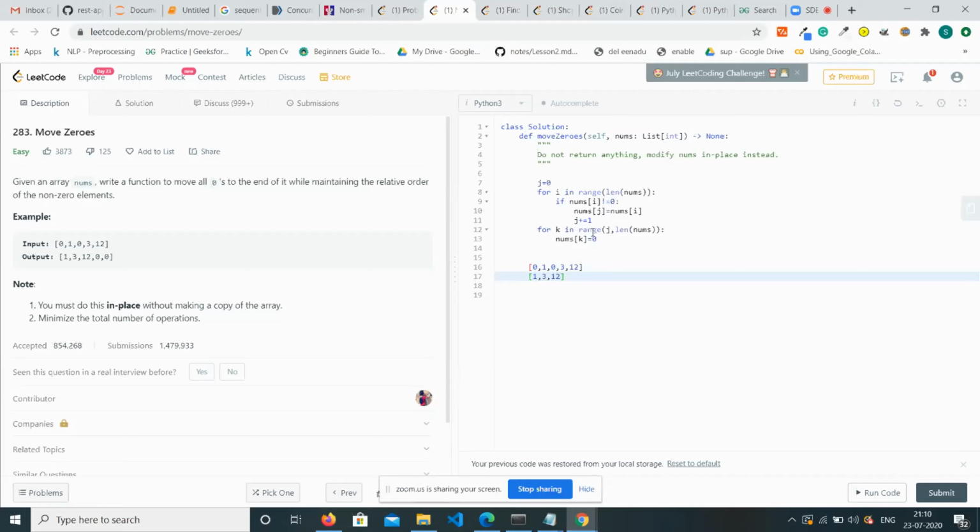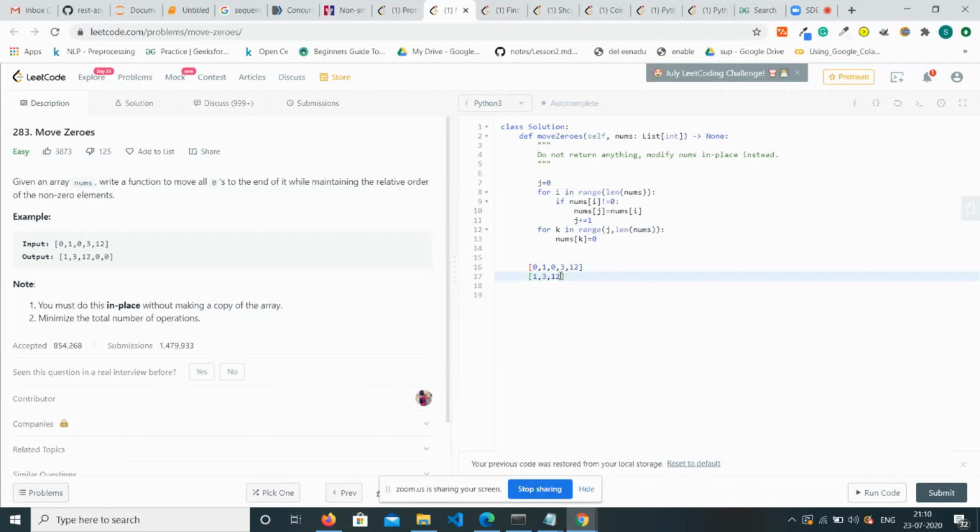When I do that, I'll get 1, then 3, then 12, like this. Finally, I start from where j has ended and just append the zeros, like this.